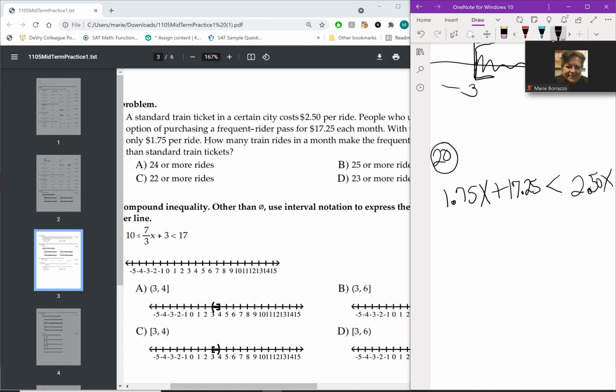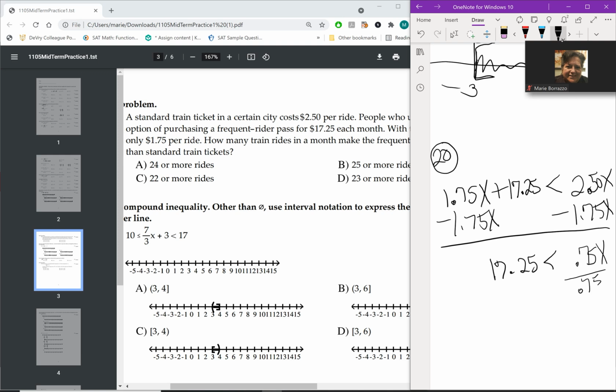So to solve for this, the first thing I'm going to do is subtract the 1.75x on both sides. Oops, sorry. All right. And in doing so, you end up with 17.25 is less than, a little bit of math here, the 2.50 minus 1.75, you end up with 0.75x. And if I divide by 0.75 on both sides,